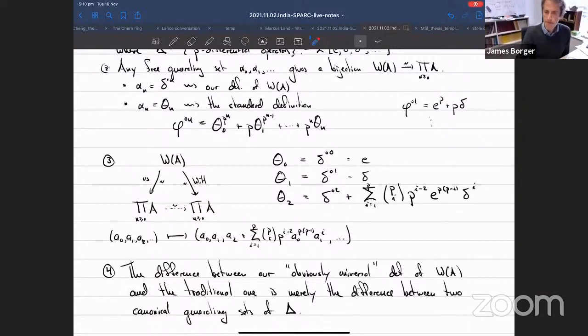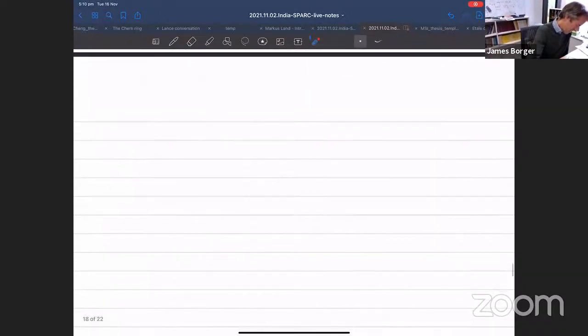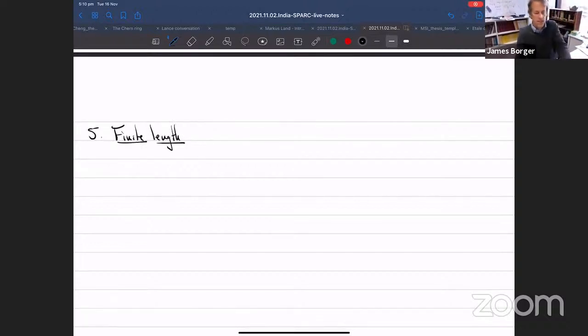Okay, so now we can go to the main topic of this, start this lecture proper. So section 5 on finite length. Although if there are any questions before I start, something a little different. If there are any questions, I'm happy to entertain them. Okay, so